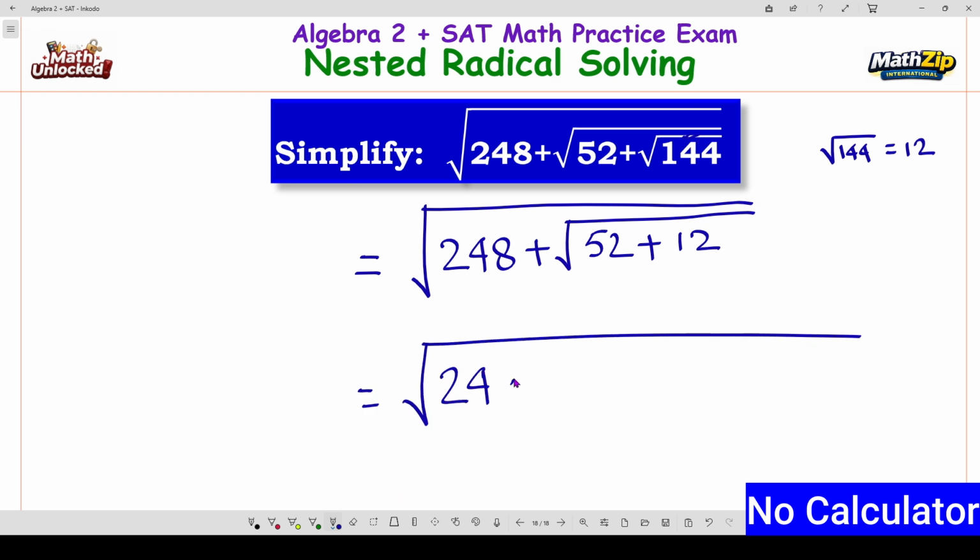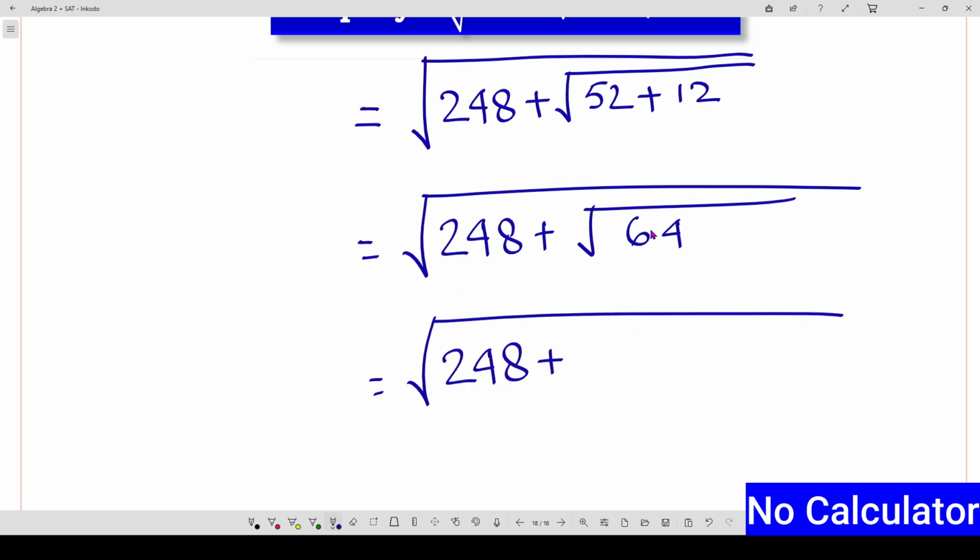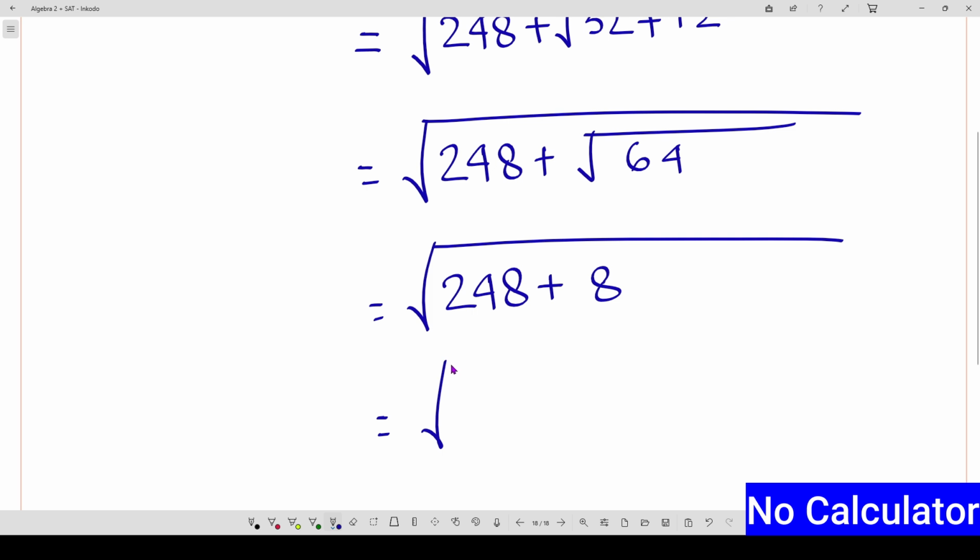Root 248 plus under this root we can write 52 plus 12. It will be what? Here is a 4 and 5 plus 1 is a 6. So it's a root 64. Now root 248 plus 64 is a perfect square, so we will get 8. Now here is 248 plus 8, it will be